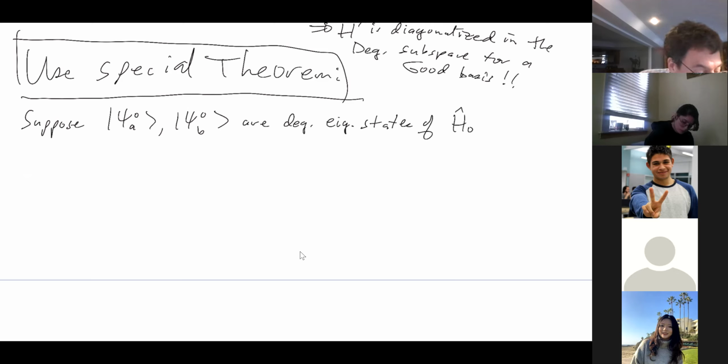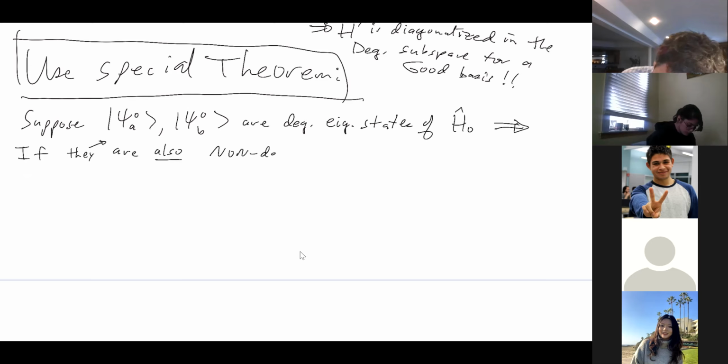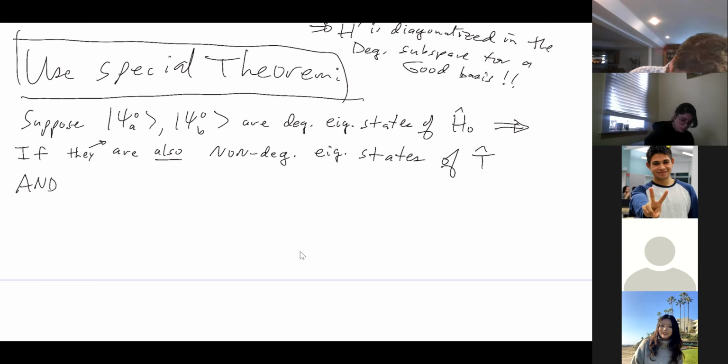And then if they are also non-degenerate eigenstates of another operator, and it's just funny, it's so mathematical, but if this operator commutes with H prime,